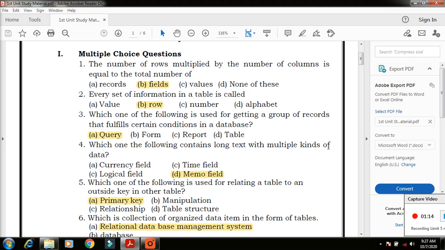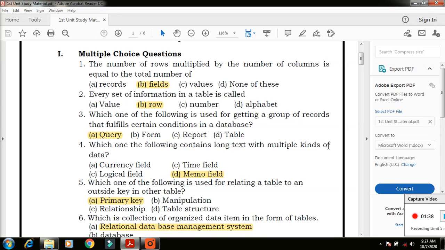One column is related with another column. So one column value is related with another column. That is called every set of information in a table, and the answer is row. One row is called a set of information.